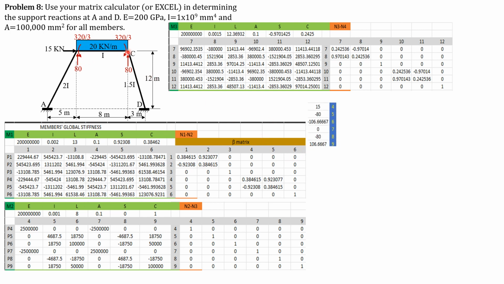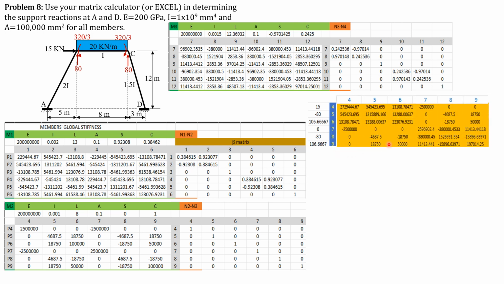Then at C, 7, 8, 9. At 7, none, so it's 0. At 8, opposite of 80, so downward, negative 80. Then opposite of clockwise movement is counterclockwise movement, 320 over 3, and the equivalent is positive 106.6667 kilonewton meter. Then for the intersections of 4, 5, 6, 7, 8, 9 for the cells, these would be the values.